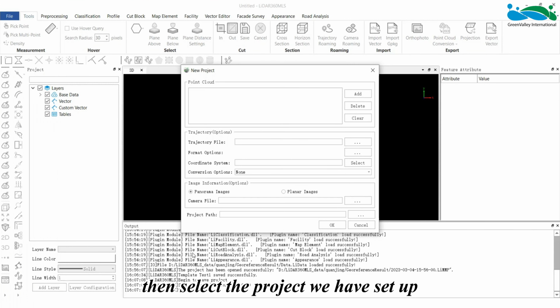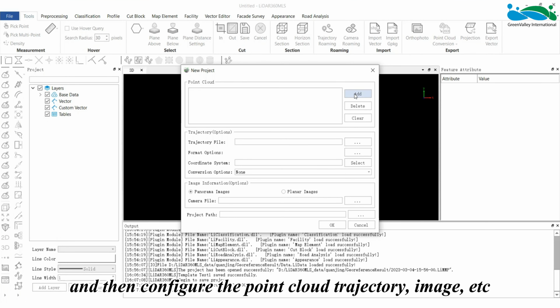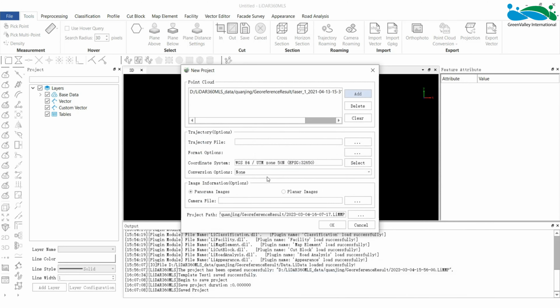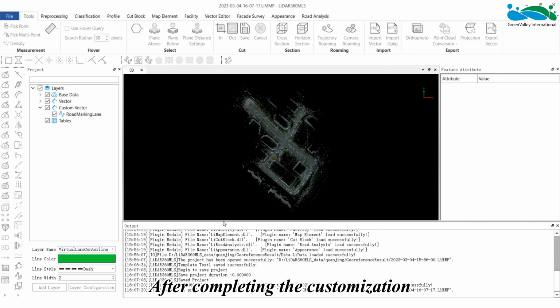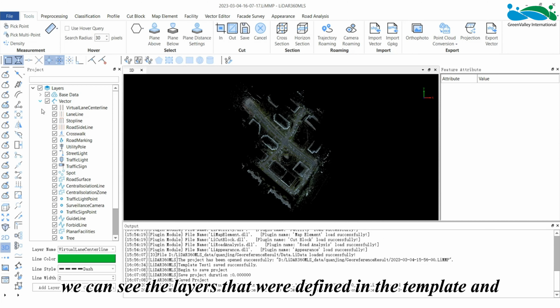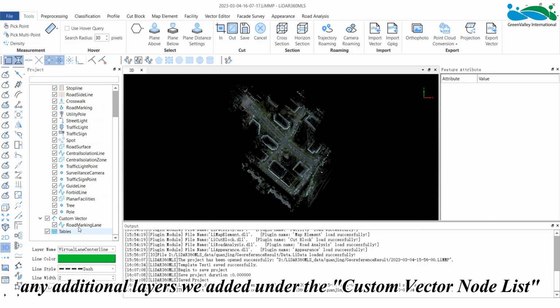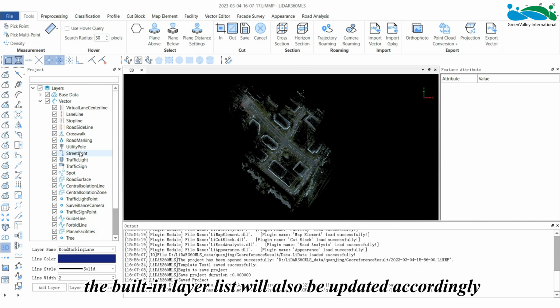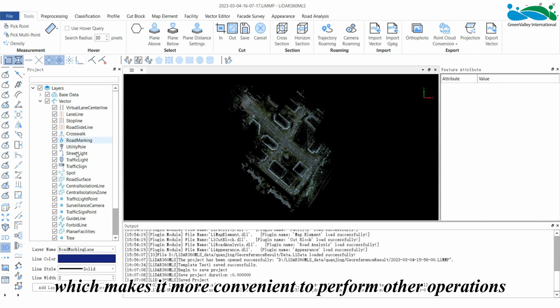Then select the project we have set up, and then configure the point cloud, trajectory, image, etc. After completing the customization, we can see the layers that were defined in the template and any additional layers we added under the Custom Vector Node list. If we rename any of the built-in layers, the built-in layer will also be updated accordingly, which makes it more convenient to perform other operations.